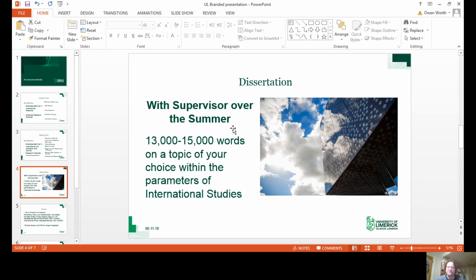So by the time you've finished your spring term, you'll be ready for the summer, and in the summer you'll be writing a dissertation, which you will hand in at the end of August. This is with a supervisor of your choice, someone who has the expertise to work with you over your particular topic, and you'll be working with him or her over the summer